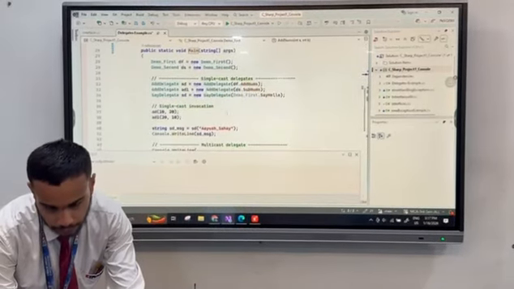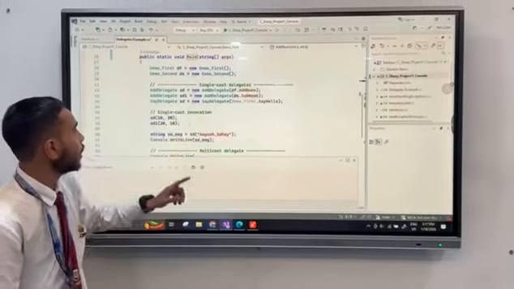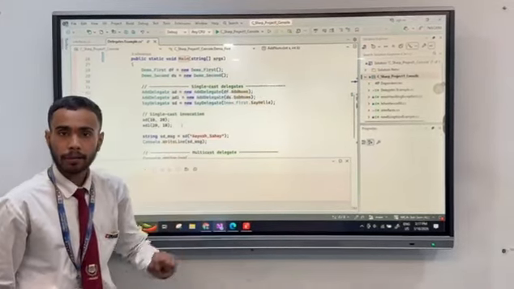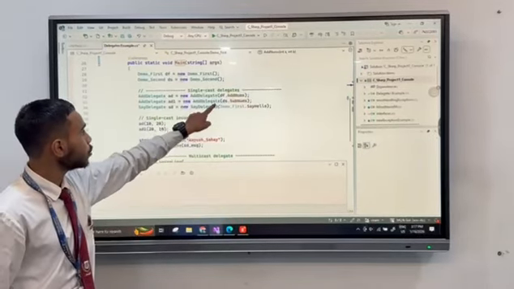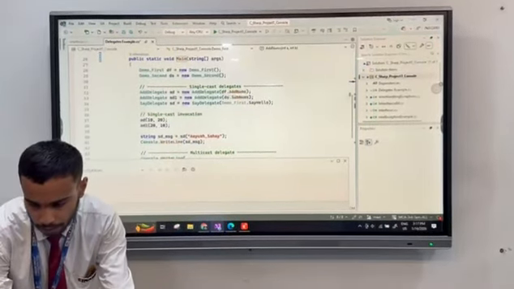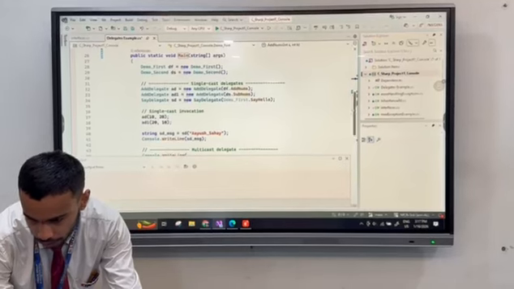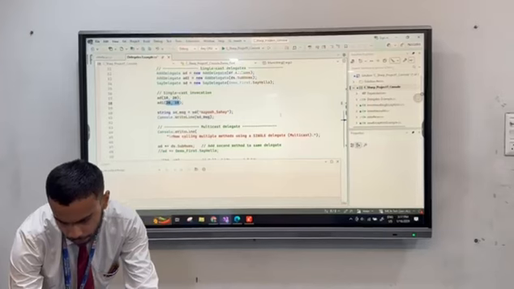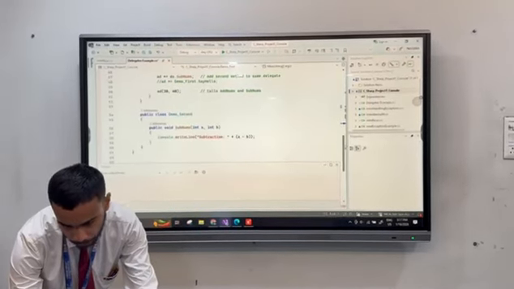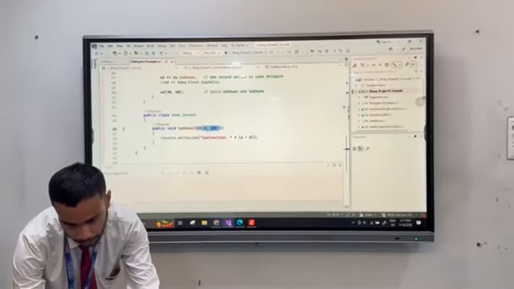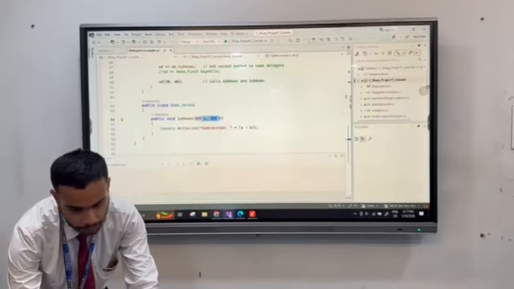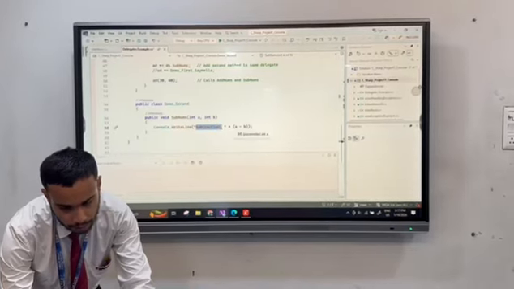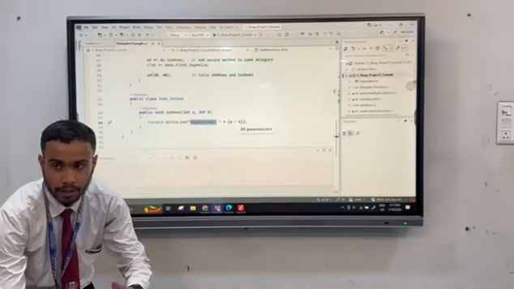Now the second one, AD1 20, 10. The AD1 is holding the memory reference of the subtract numbers. All right, so now this is going to lead you to the subtract numbers function. The two values 20, 10 are finally reaching here, a, b. So a goes with the value 20 and b gets the value 10. You are going to get the result, subtraction 20 minus 10, that is subtraction, result is 10.